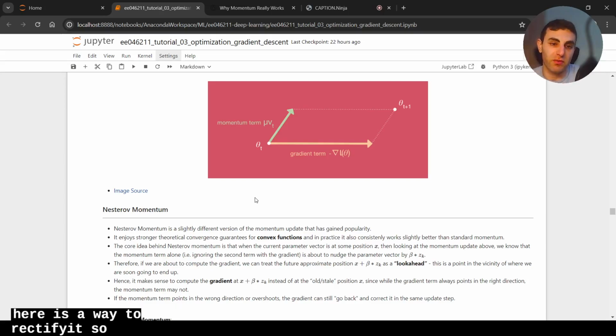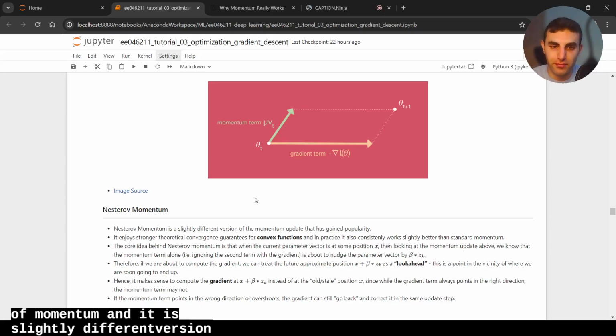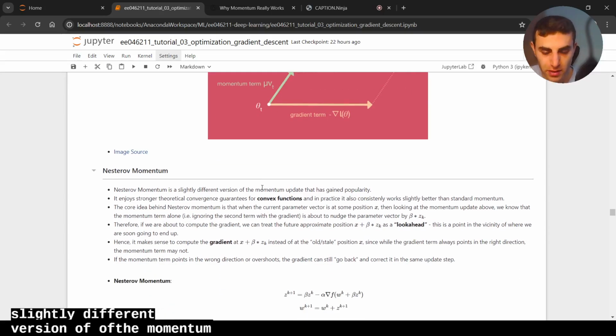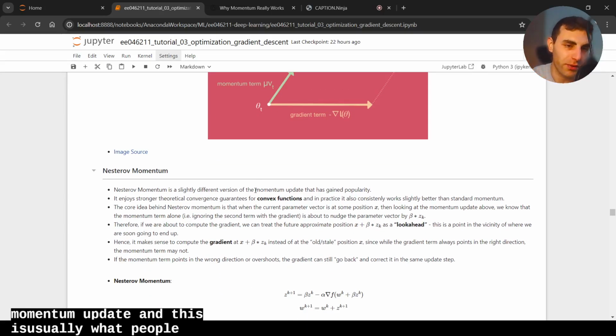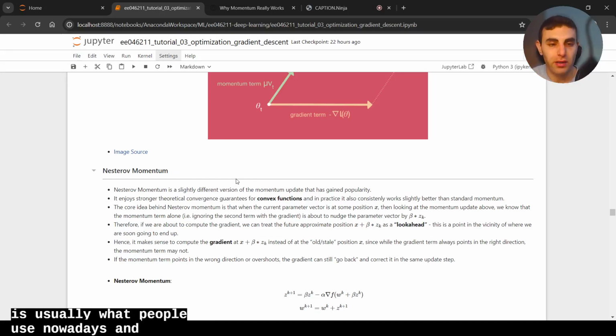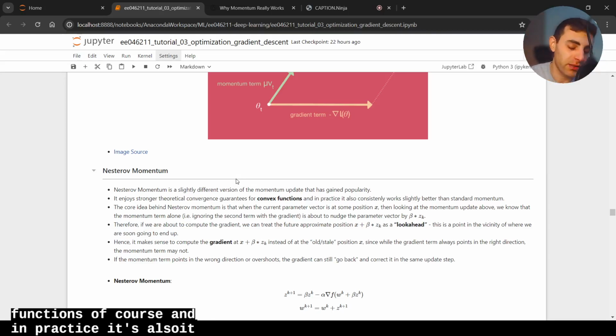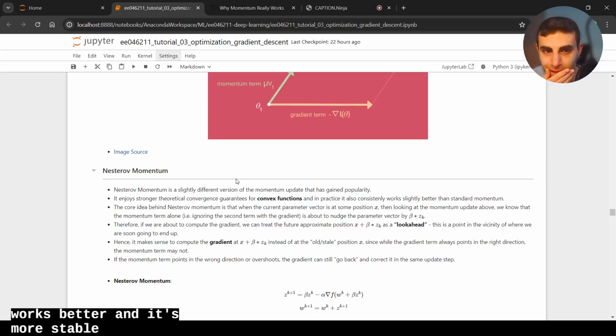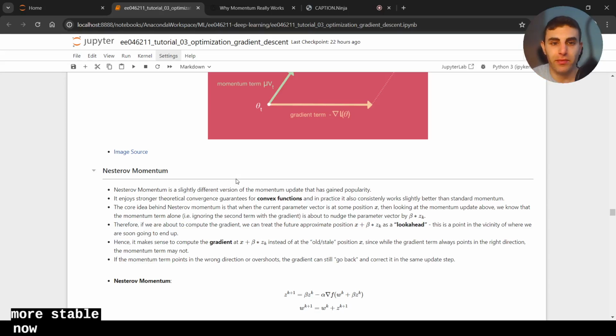It's called Nesterov momentum, and it is a slightly different version of the momentum update. And this is usually what people use nowadays. And why? It enjoys stronger theoretical convergence guarantees for convex functions, of course. And in practice, it works better and it's more stable. Now, the core idea is